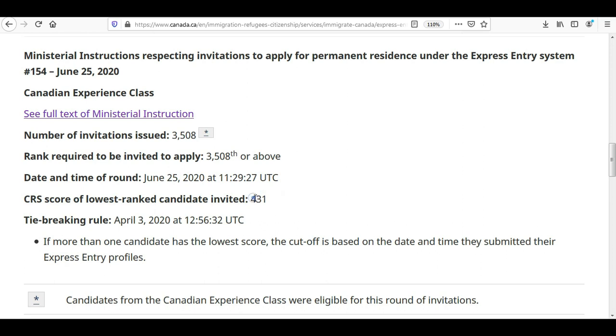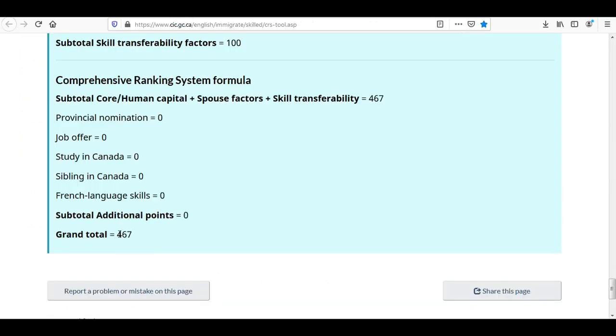This means you need 431 points in order to get the invitation to apply for permanent residence. In this case we have calculated our points, which is 467.